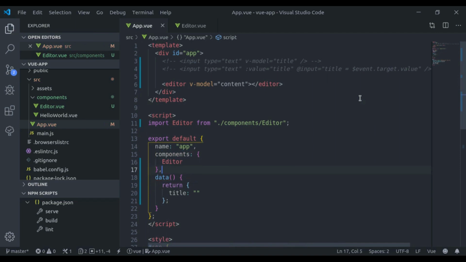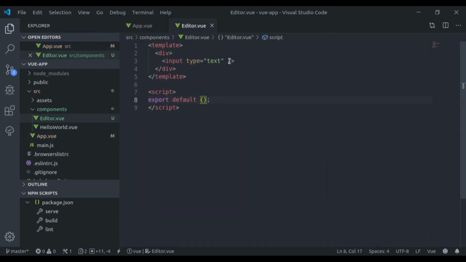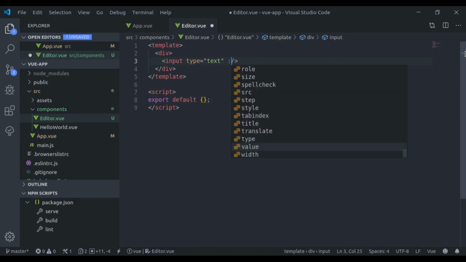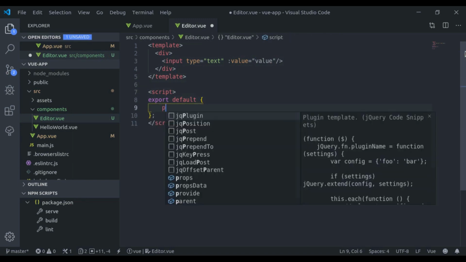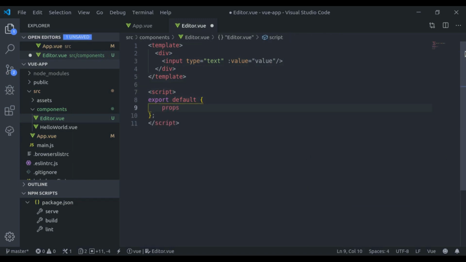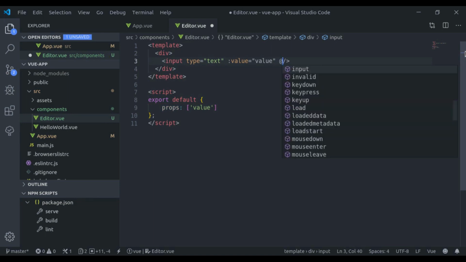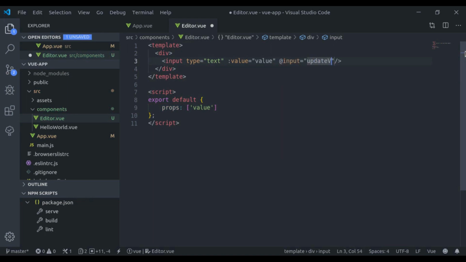Next, what we're gonna do here? Next, here we're gonna bind value with value, and here it will accept props value. Next, on input update value $event.target.value.